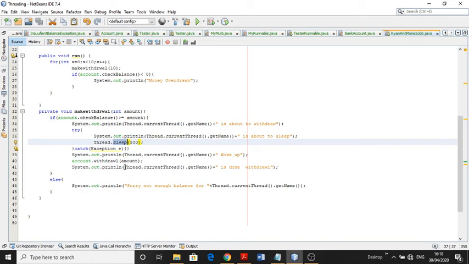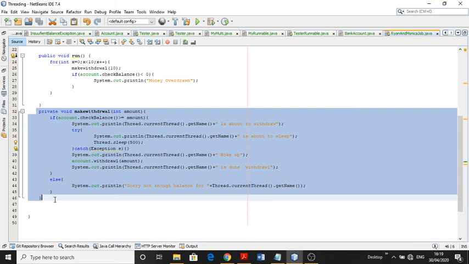This way, how can this be realized in this program? Here we can lock this method. The makeWithdrawal method can be locked. There are three ways we can lock code in Java. One is we can make a synchronized block of code in Java. The second way is we can make the whole method synchronized or locked, and another way is we can lock an object.